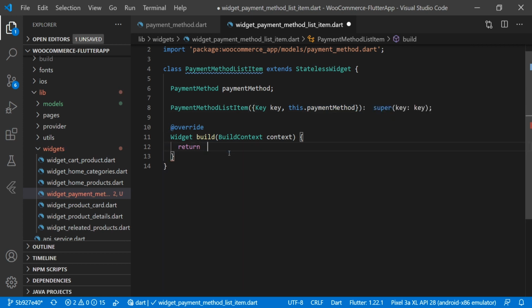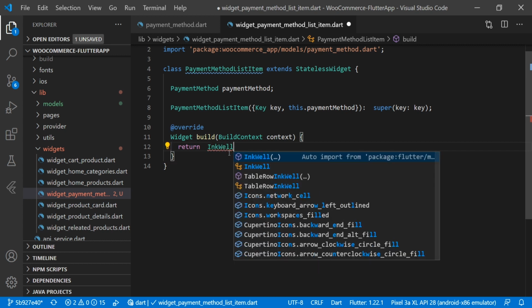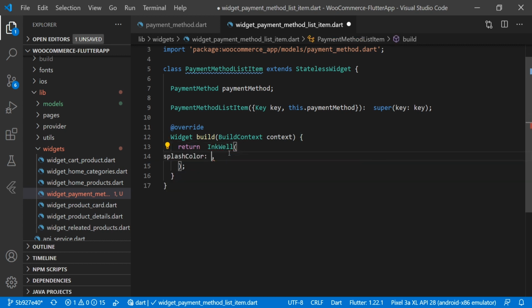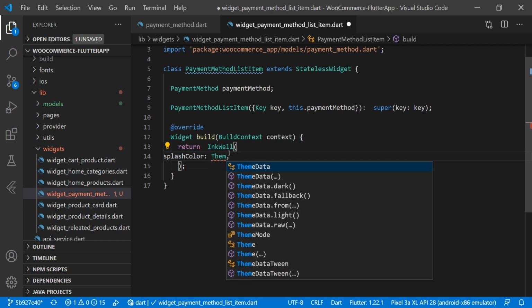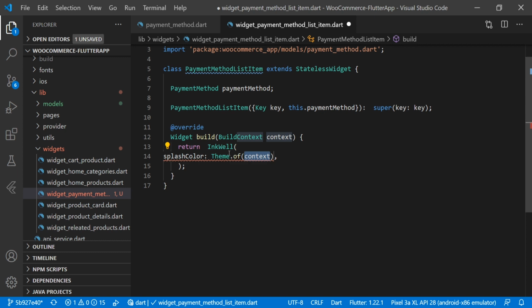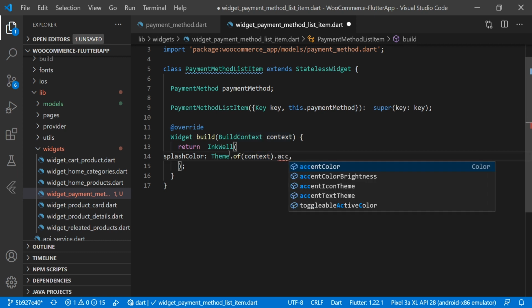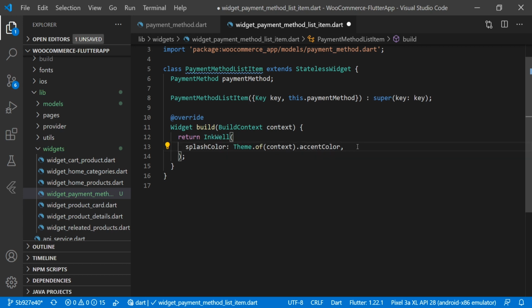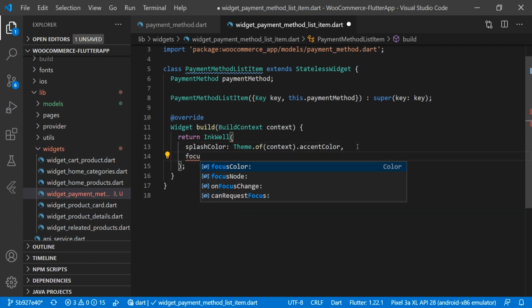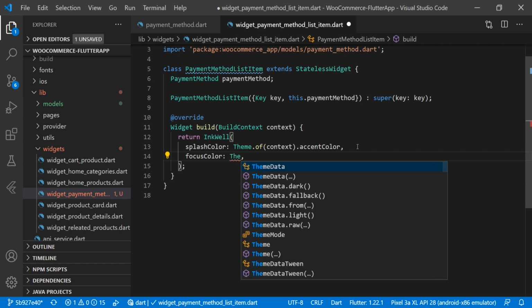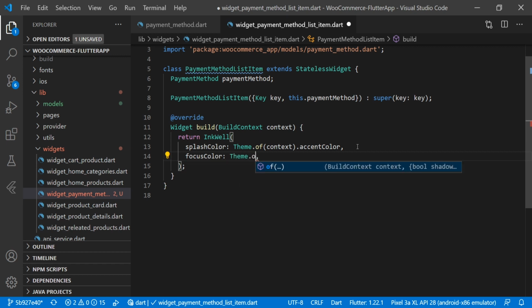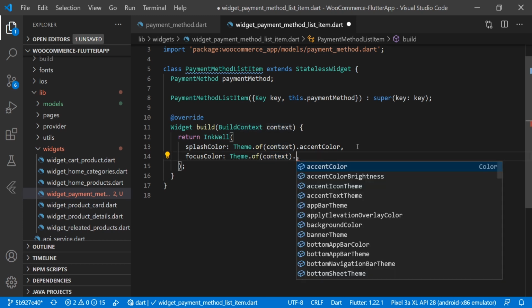So here we will use the InkWell widget. The splashColor we are using is Theme.of(context), and context we will pass here. Then we are using accentColor. Then we have a focusColor here, and we are using the same Theme.of(context).accentColor.